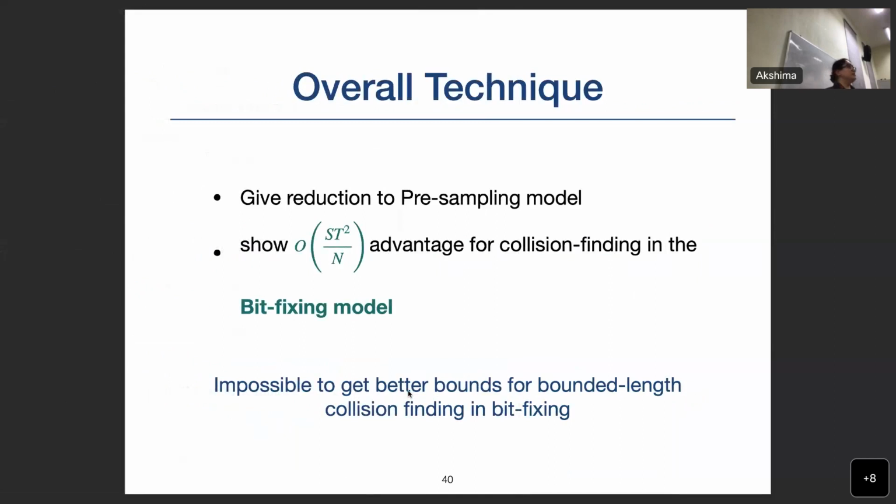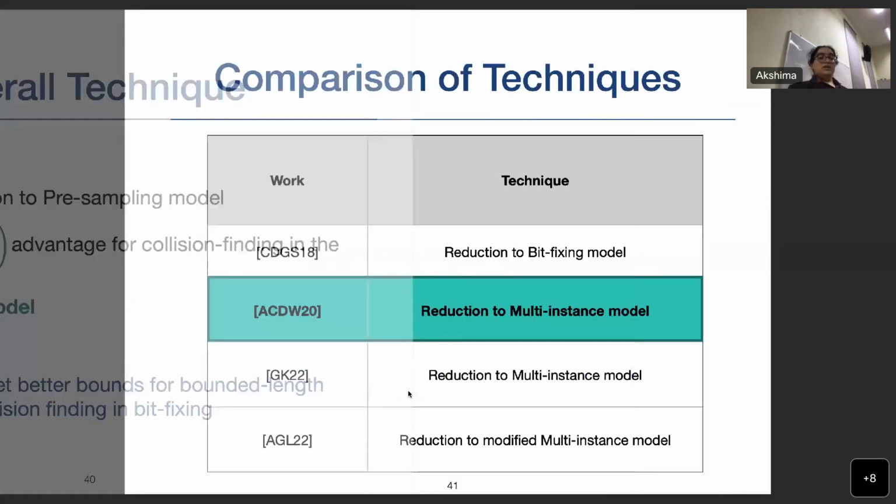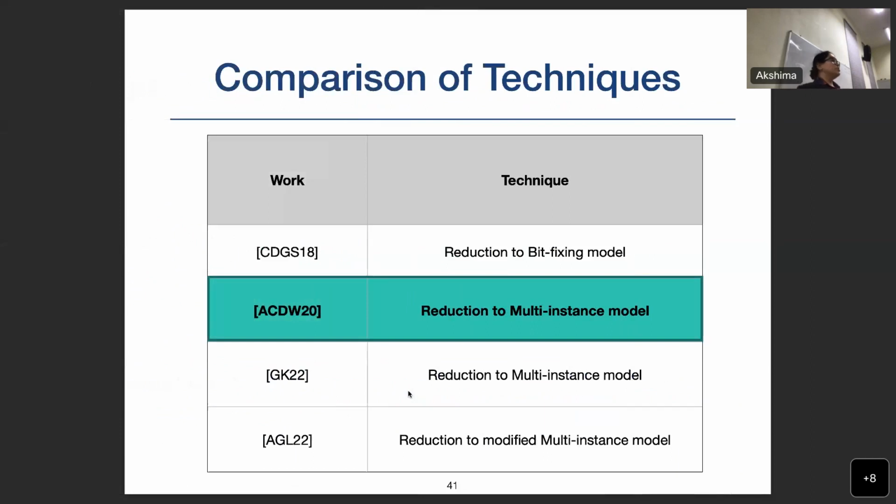But in our 2020 paper, we realized that the bit fixing model can no longer be used to get any better bounds. So we got a better bound, we got st over n, but we realized this bit fixing model cannot be used. We showed that. So we reduced to another model,